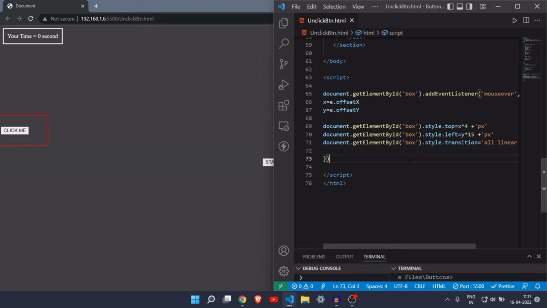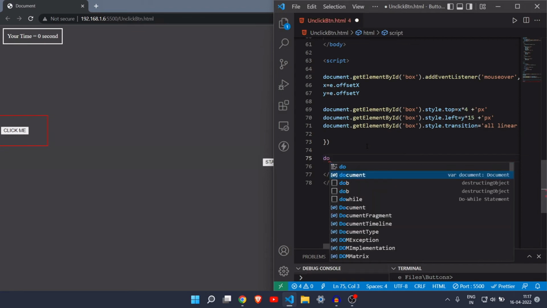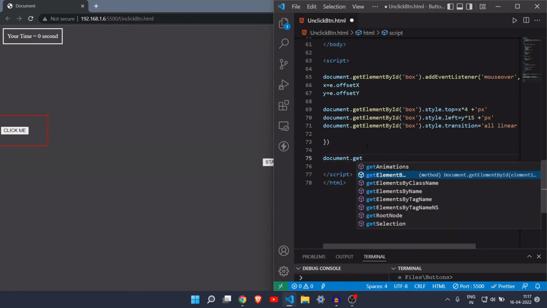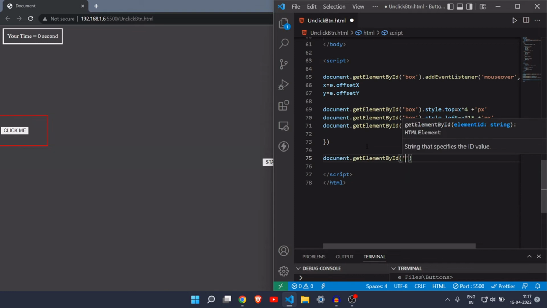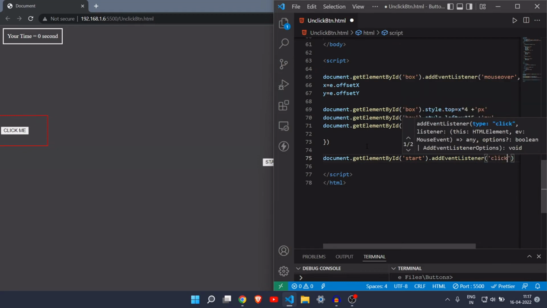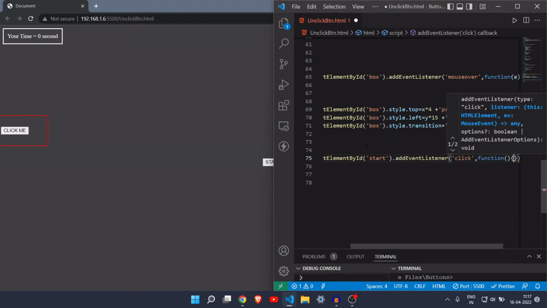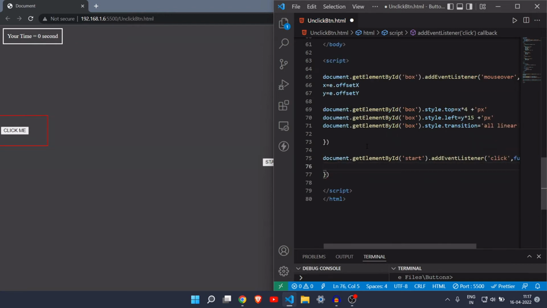For that I will add another document.getElementById, and I will add start, so that we have to click on that start button to start the game. So I will add a click function, and inside this function,